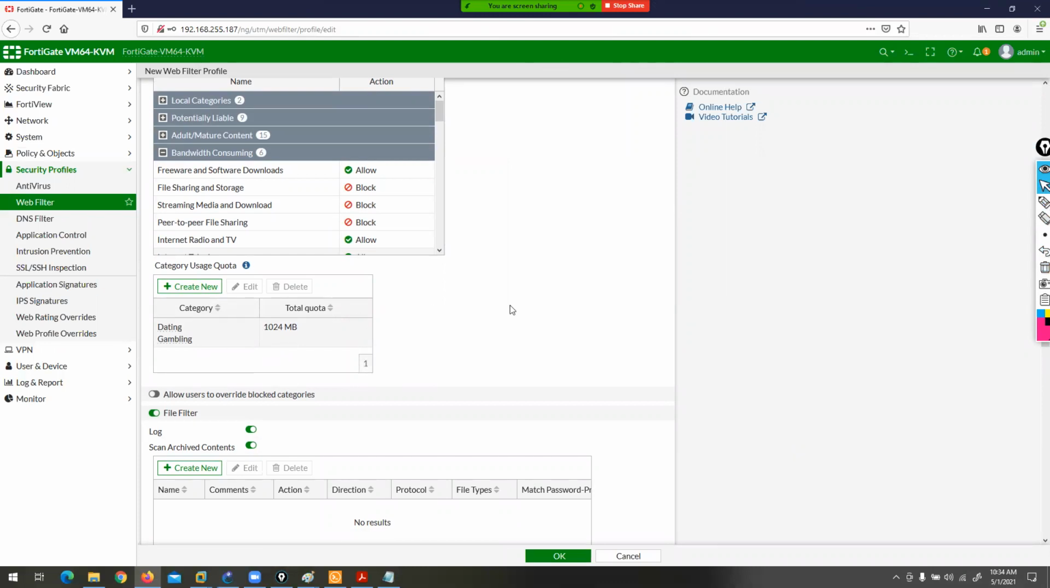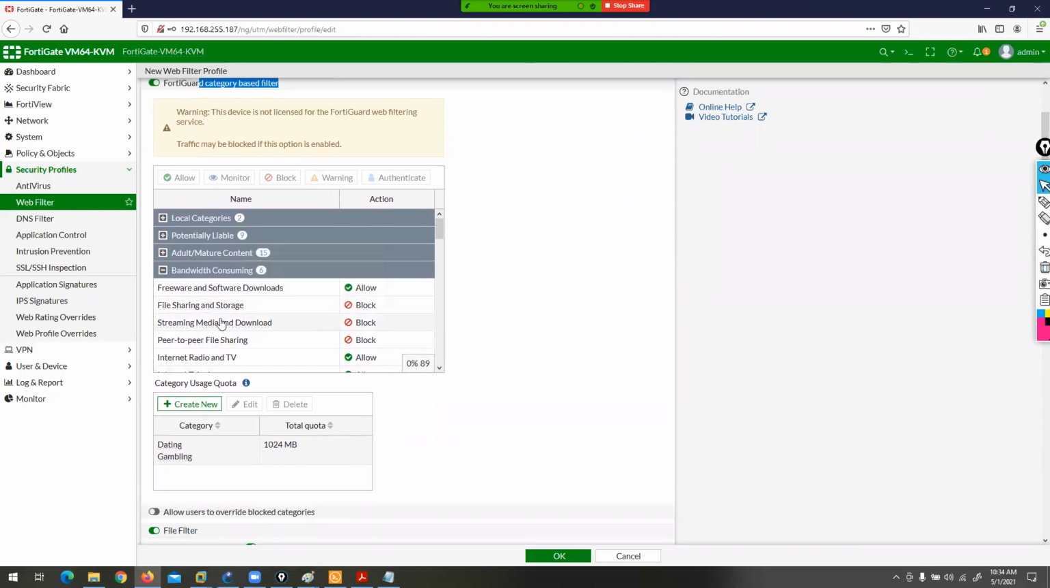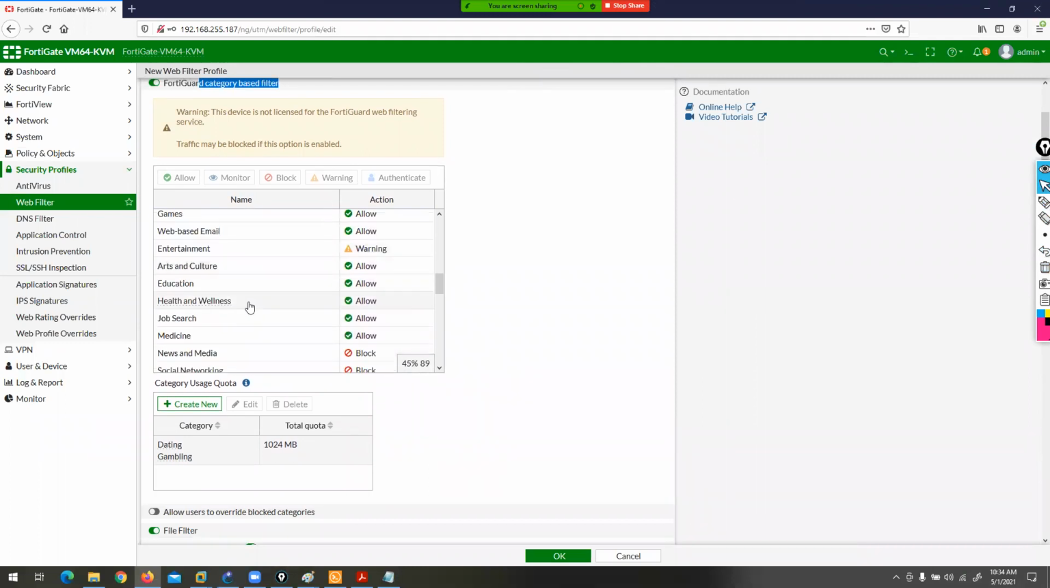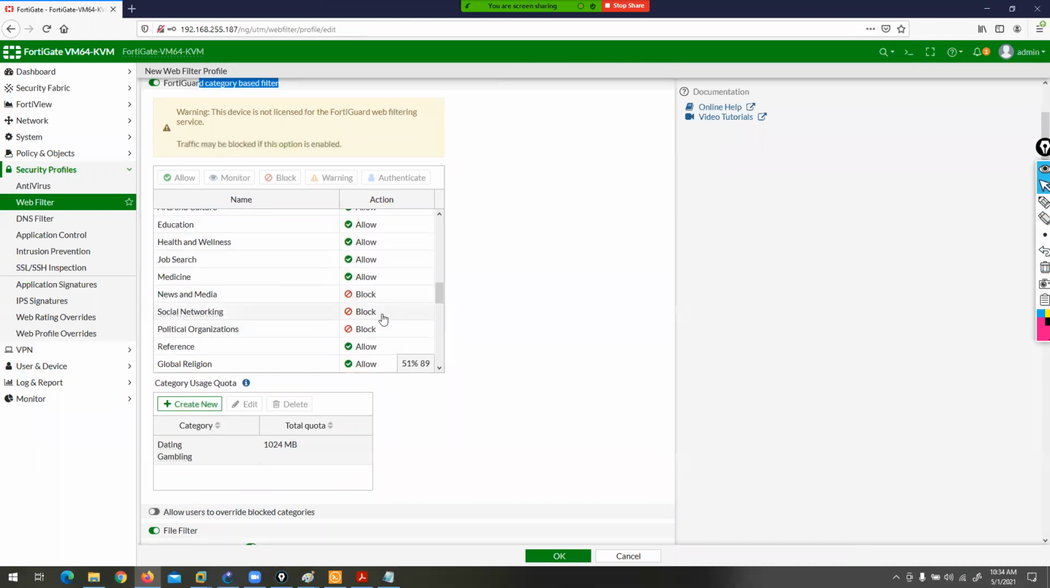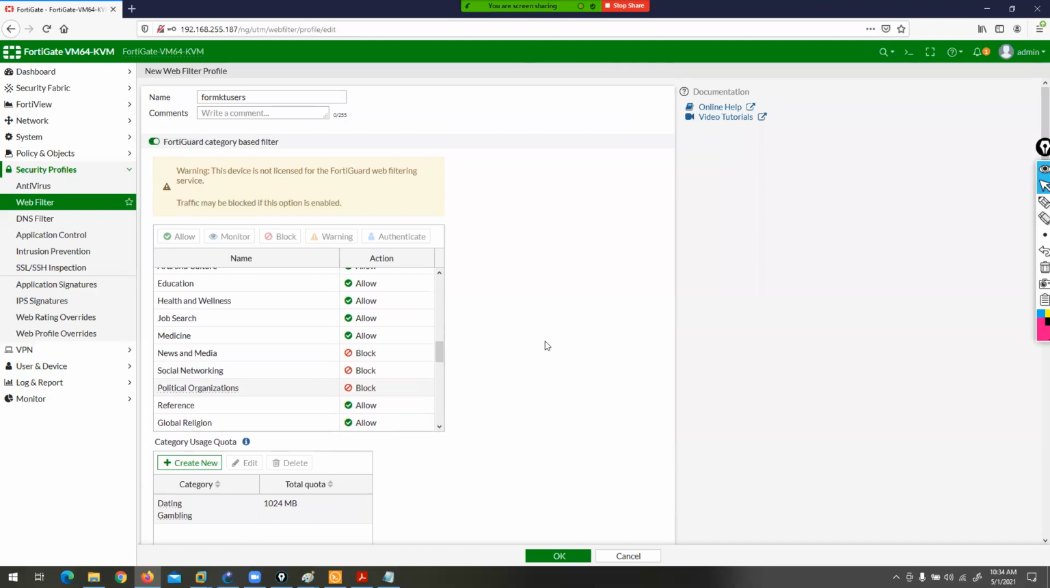Clear. The next option is what? See, with this FortiGate category based option, here you can see file sharing is blocked, streaming media is blocked, and social networking is blocked. But if I want to allow Facebook.com, which is in the category of social networking, social media, and block the rest of the social networking websites, only allowing Facebook.com,